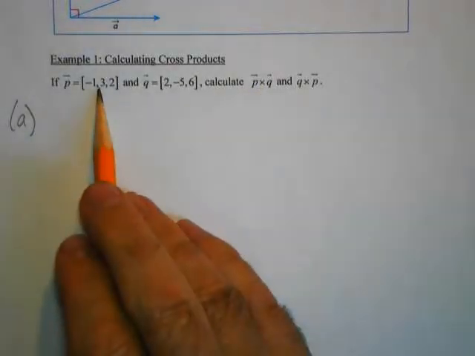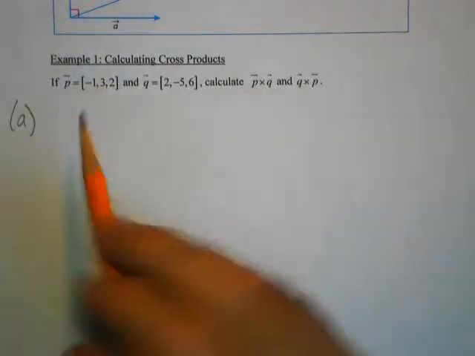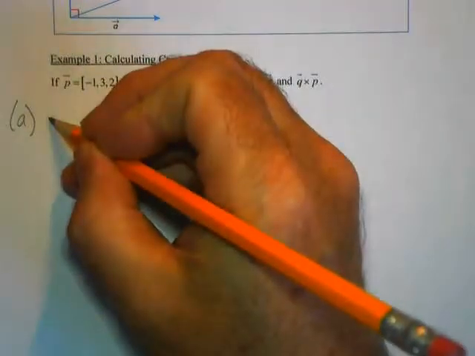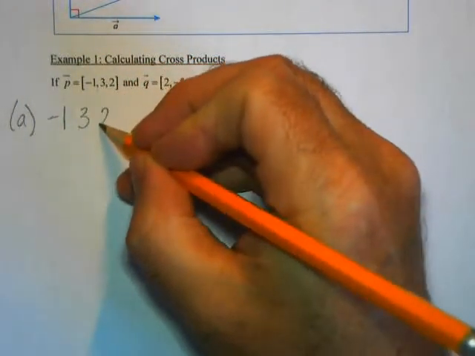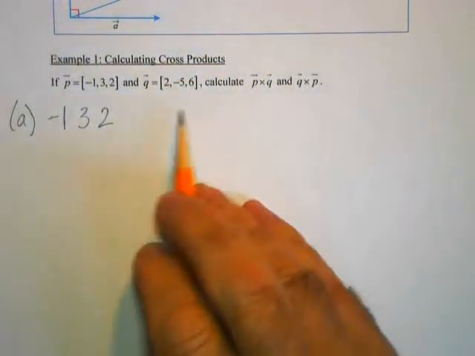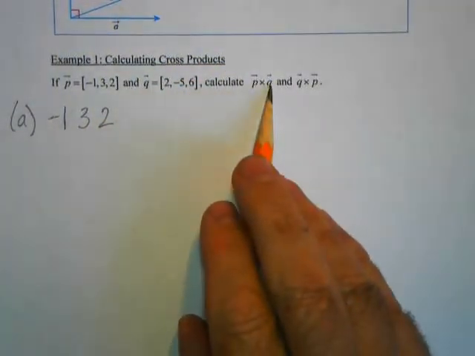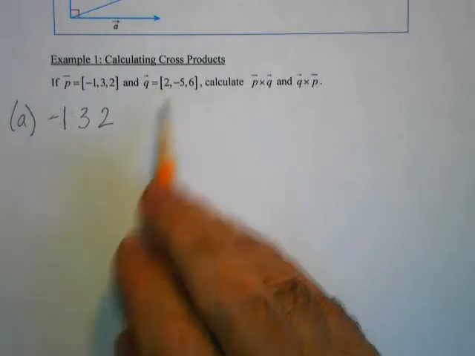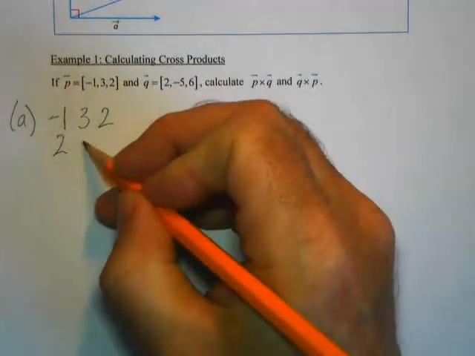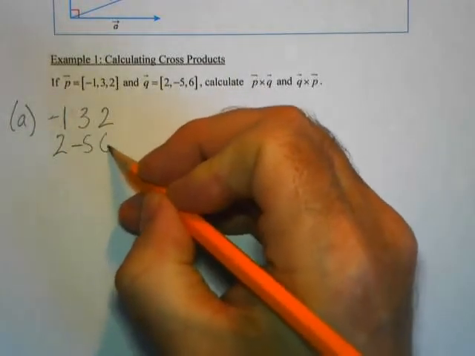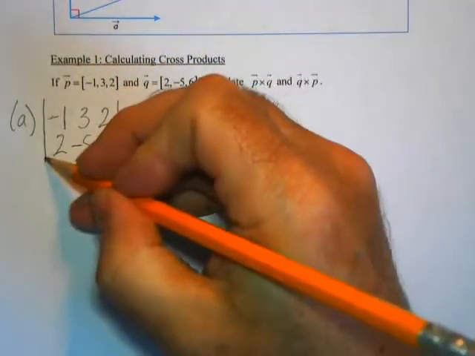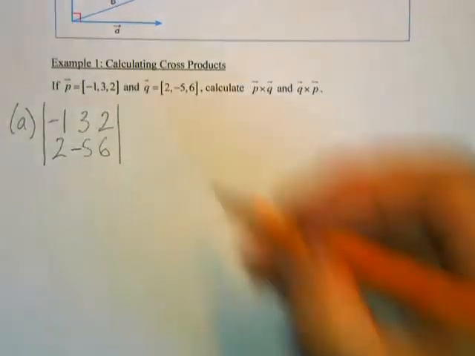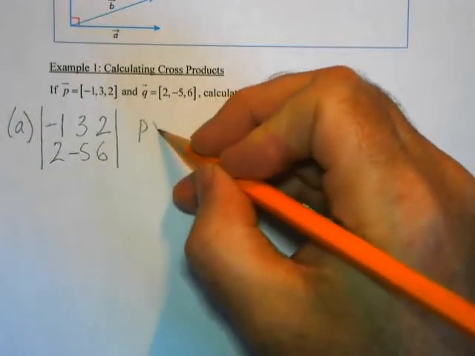So the first thing I'm going to do is write the components without the commas, as the top line, -1, 3, 2. And then the second part of the cross product, in this case Q, 2, -5, 6, I'm going to write directly below. Okay, and then I'm going to put these lines here to make it look like an array of numbers. And now we'll do our calculation. So P cross Q